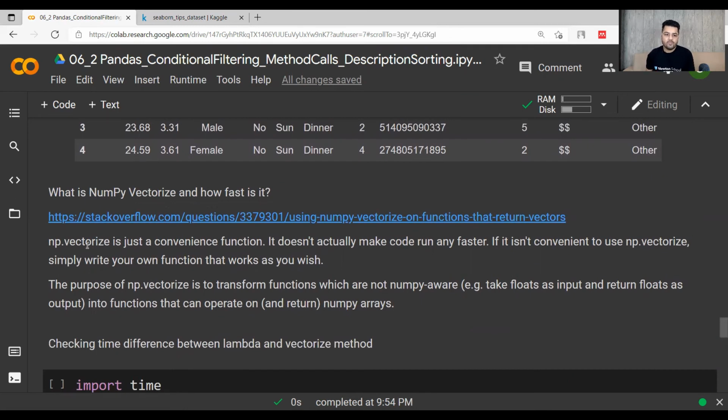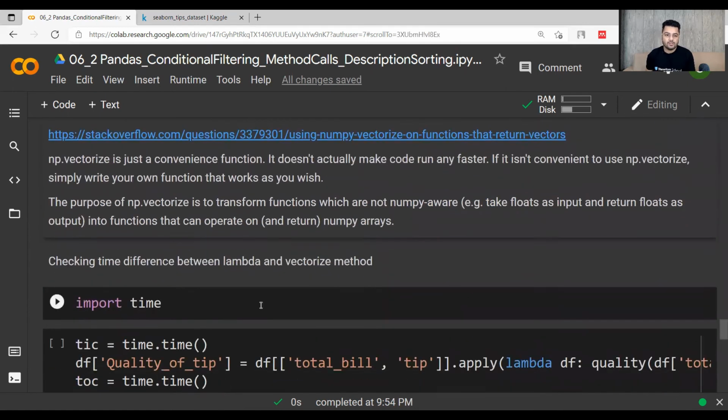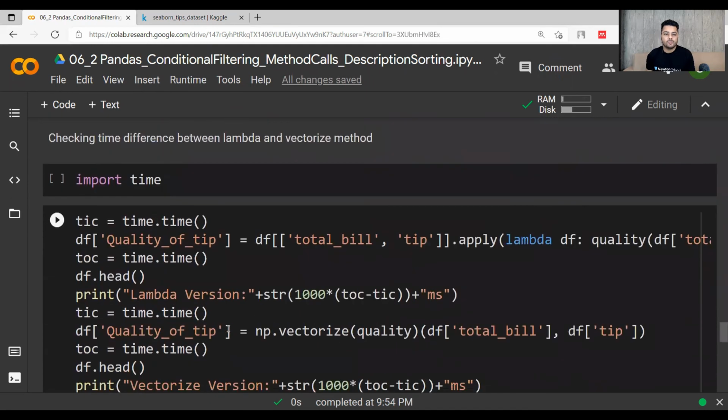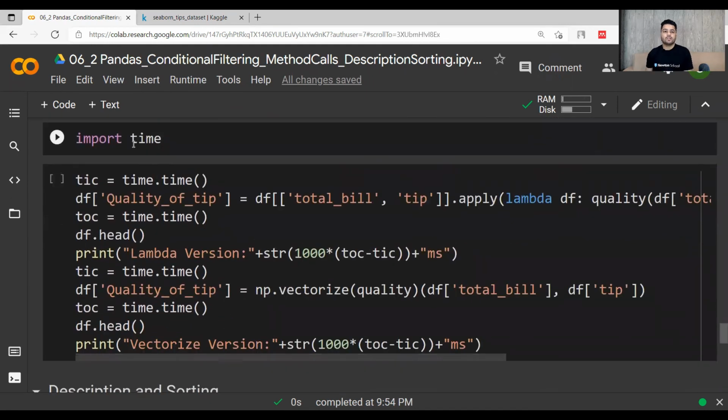Now, if you see the NumPy vectorize documentation, it is written that it is a convenience function and it does not make code run any faster, but the results are quite fast compared to a lambda function. So I have also generated this code in which I am comparing the two in terms of time.